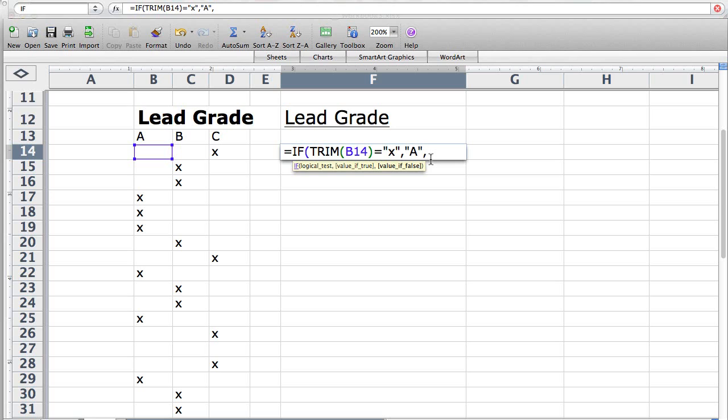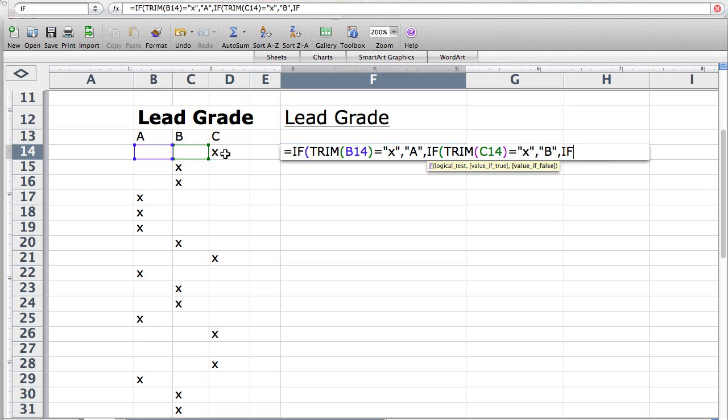And we're going to do the same thing for the B column. If the trim of B column C14 equals quote X, then it is B. And now we do the same for the C column. If the trim of C, which is D14 in this case, equals quote X,